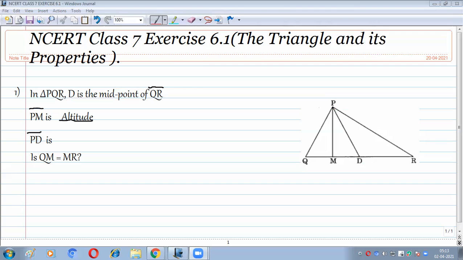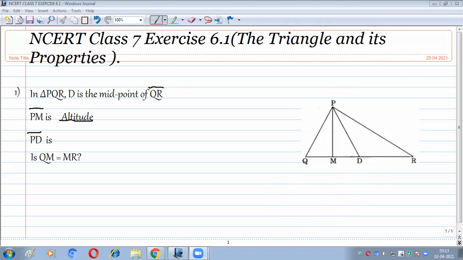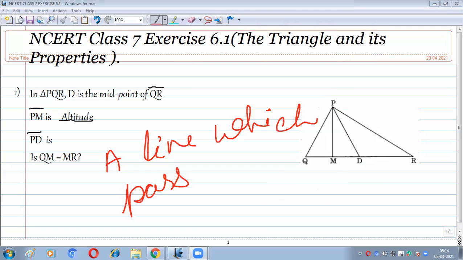So let's get back to our question. What is PD? Here P is the vertex, D is the midpoint. Just see in that book: midpoint is D, P is the vertex. So a line, just have a look, which passes through